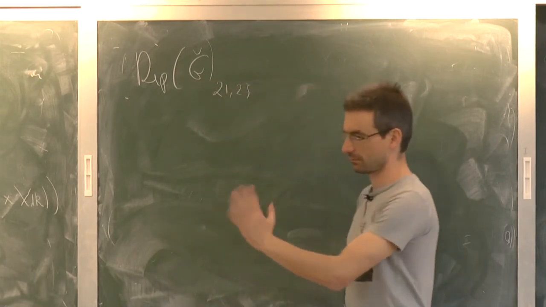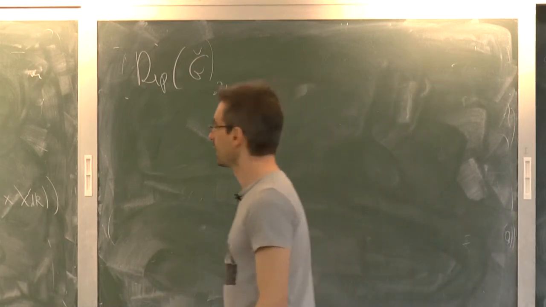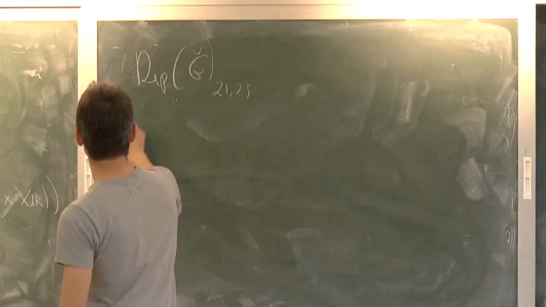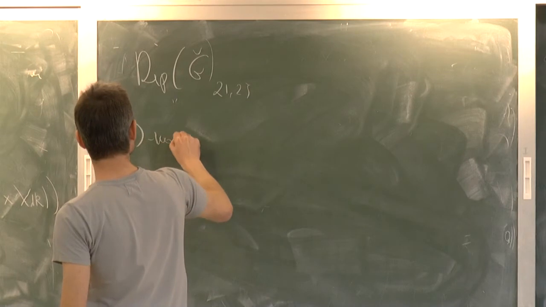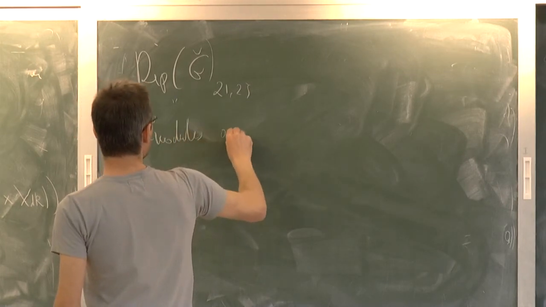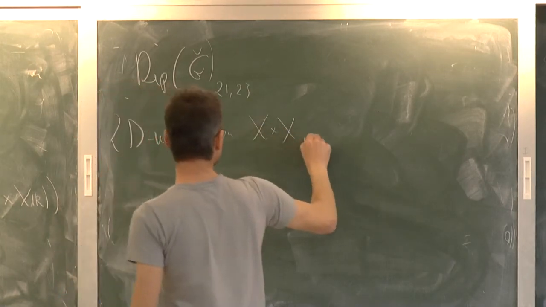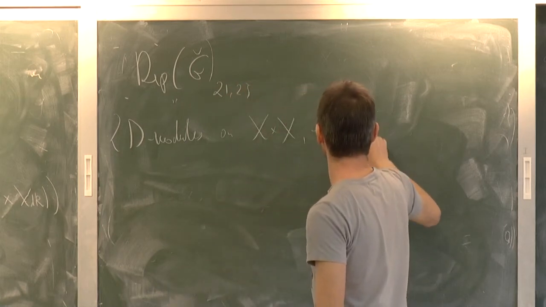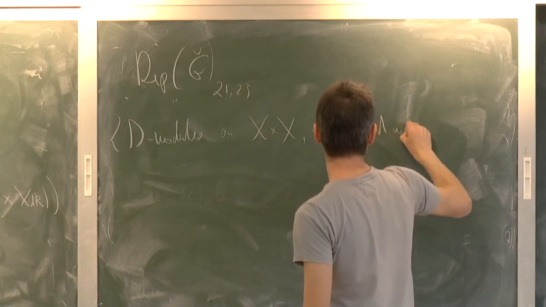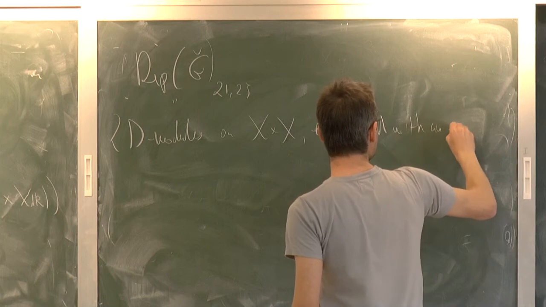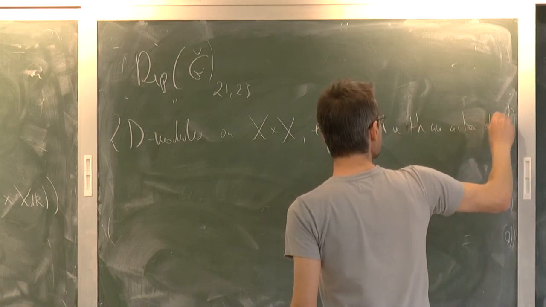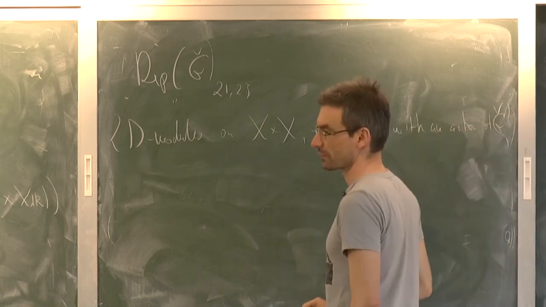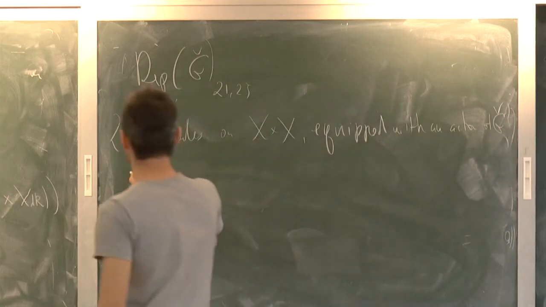Very concretely, these are D modules on x times x equipped with an action of G check by automorphisms such that